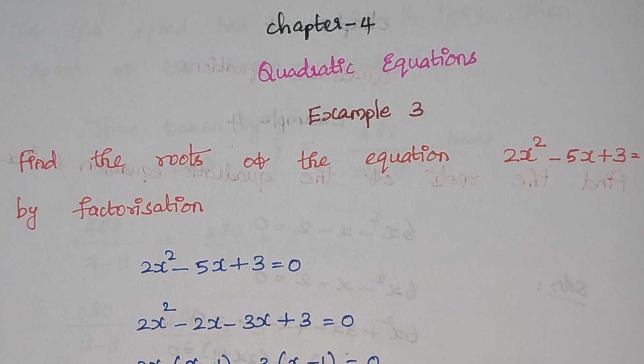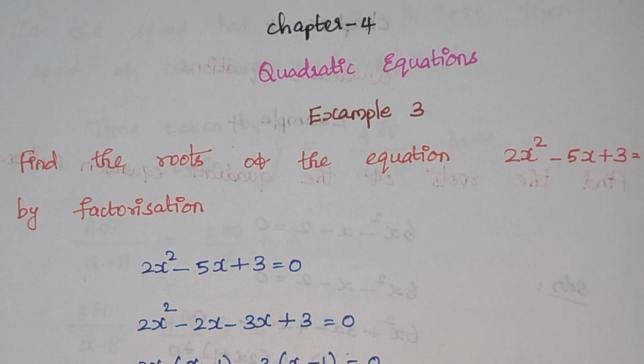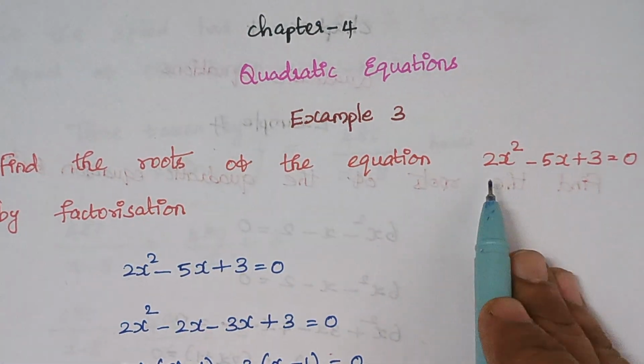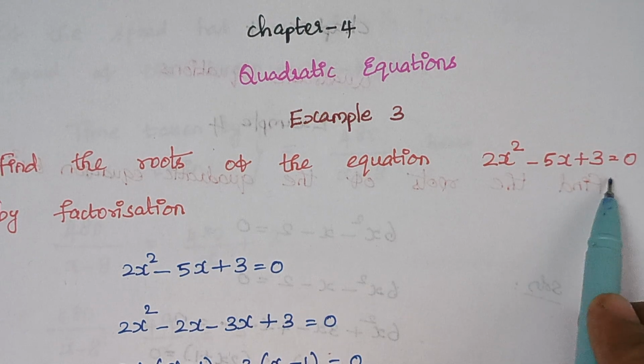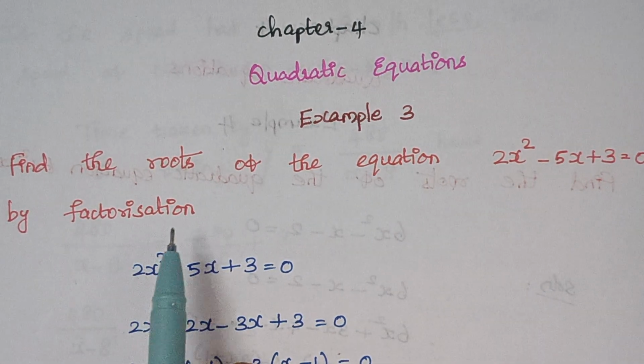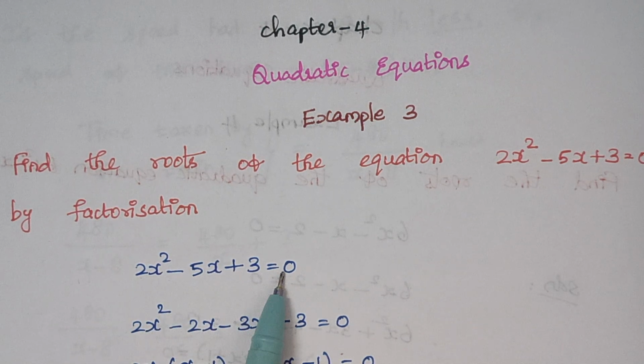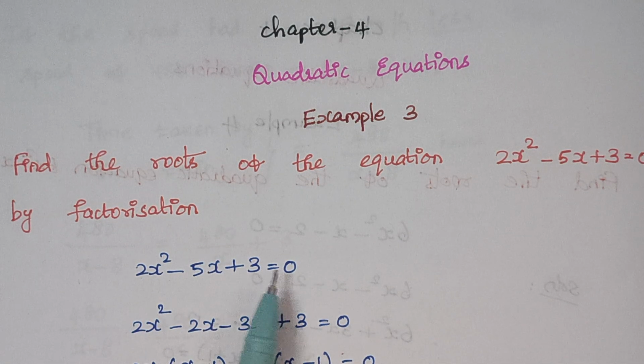Today we are going to solve example 3 in chapter 4, quadratic equations. The problem is: find the roots of the equation 2x² − 5x + 3 = 0 by factorization. So here is the given quadratic equation, and we are asked to find the roots by using the